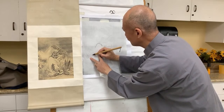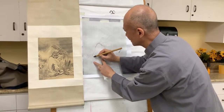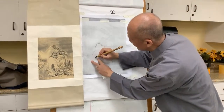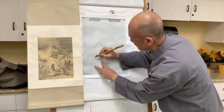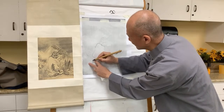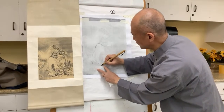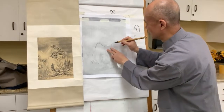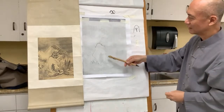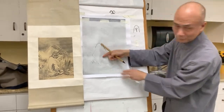And then find the corner of the rock where it changes planes. They're usually a little squarish rather than round. So don't do it like all curves. It's between round and square, right? So this whole mountain rock, I say, is like a backdrop, left blank to show the silhouette of